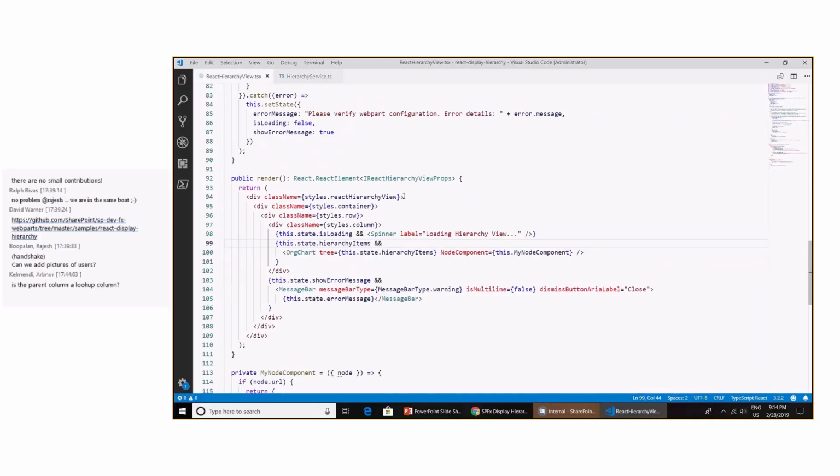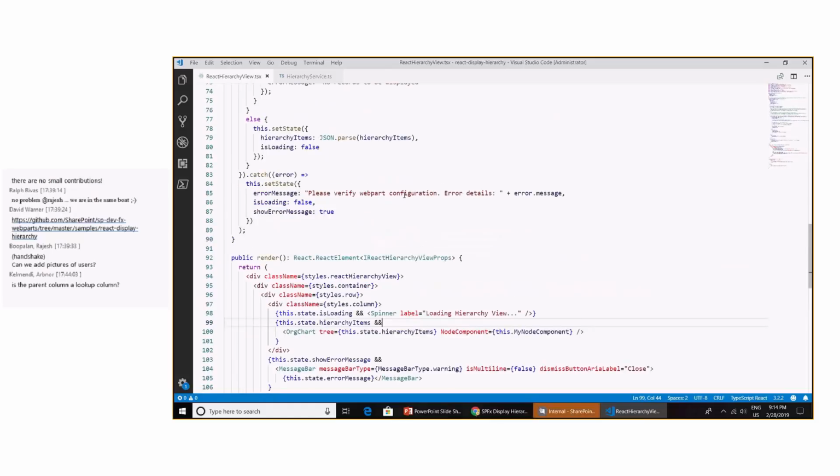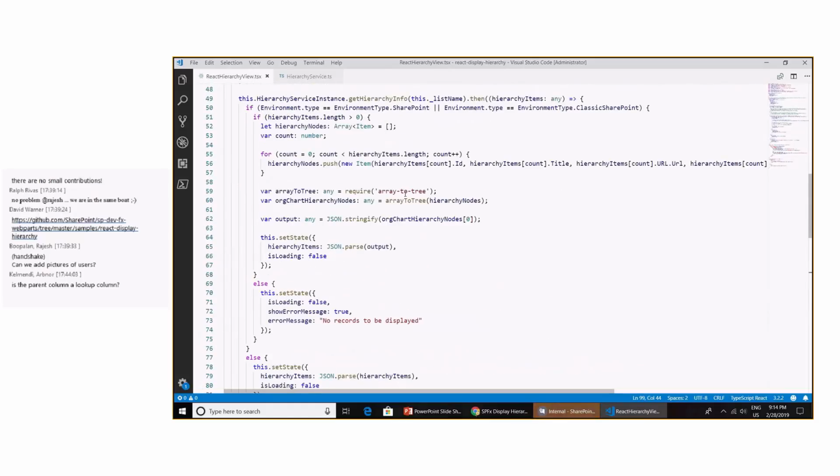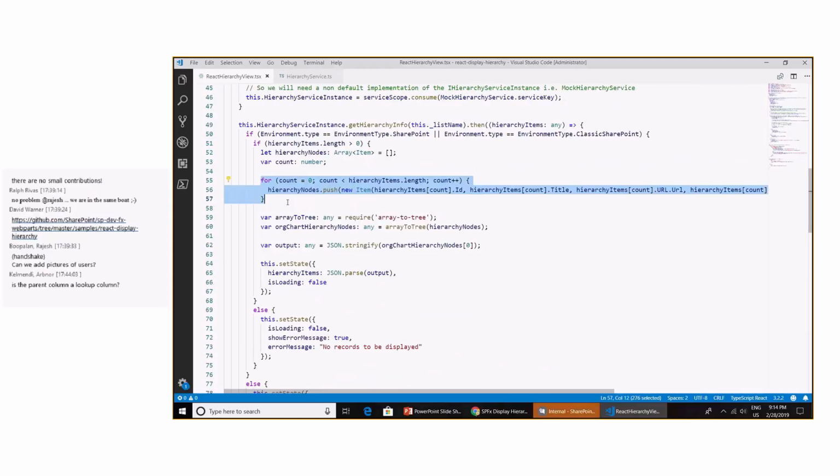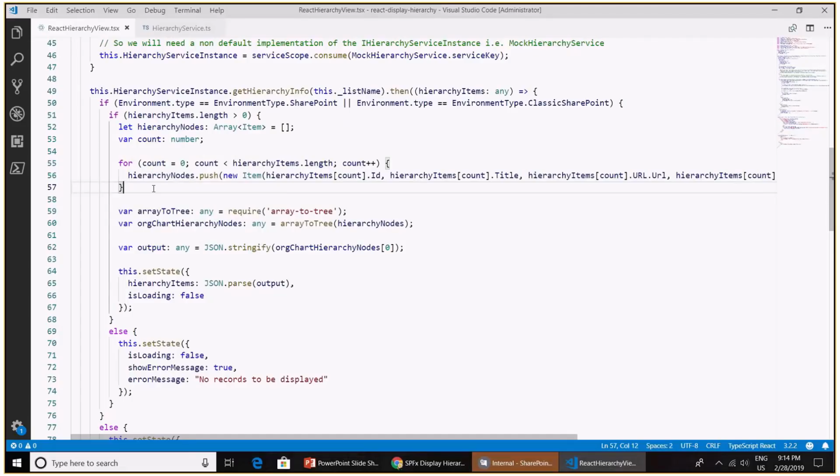And then once we have that data, we are getting those into the hierarchical nodes so that we can represent that in a one-dimensional array. And once it is in the one-dimensional array, we are transforming that array to a tree using this array-to-tree npm package.